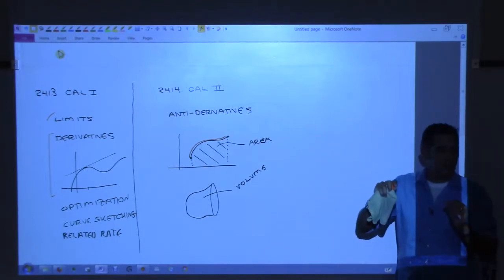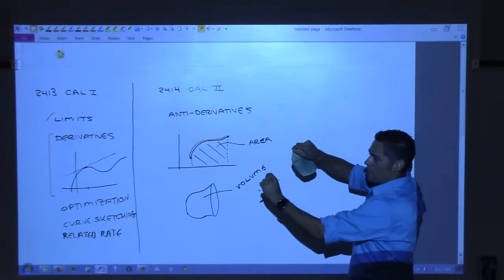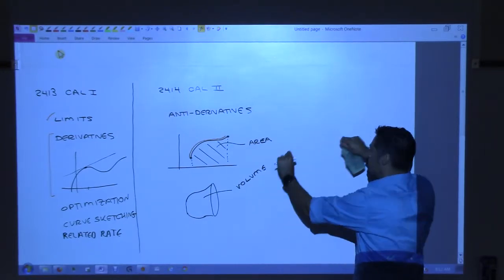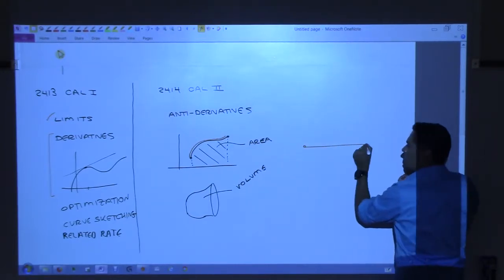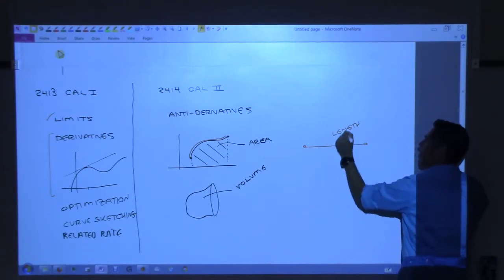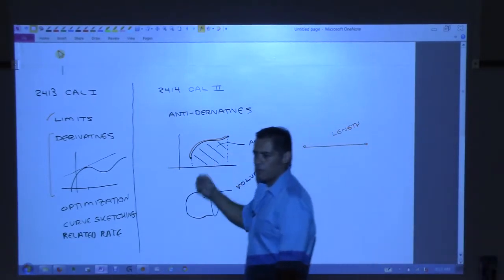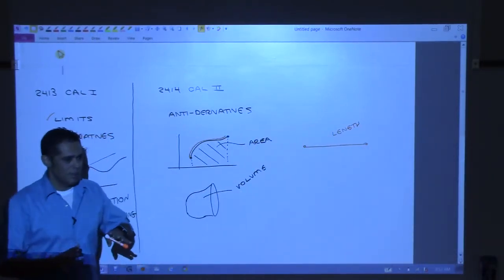Then what we do is we'll take that curve again, all right, and then imagine just taking it off the piece of paper, just the curve, just pull it off, and imagine it's just like a string. And then just straighten it out, okay, and tell me how long it is. Okay, so that's called the arc length. So we're actually going to find the length of this curve. All right, does that make sense?